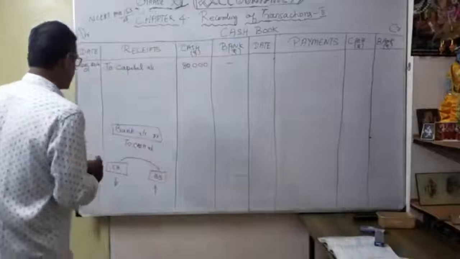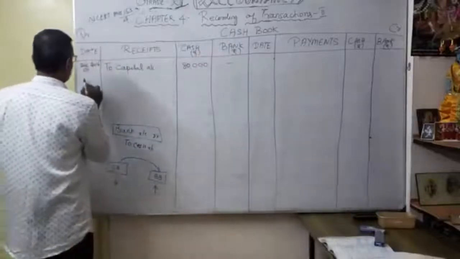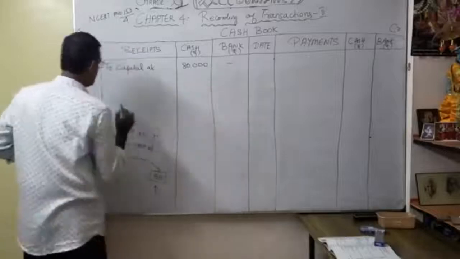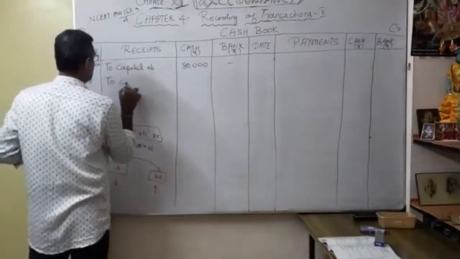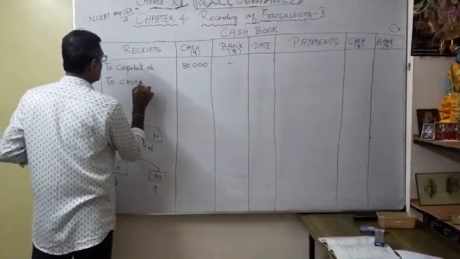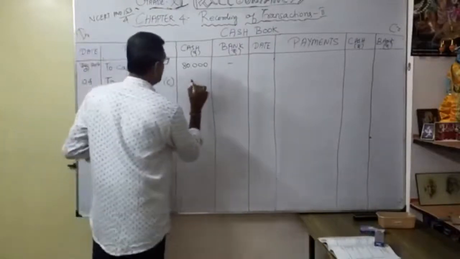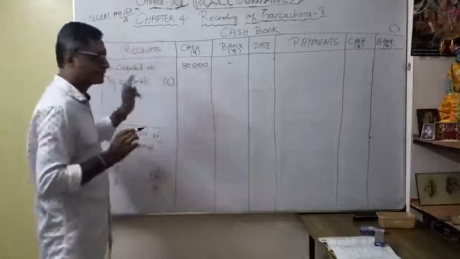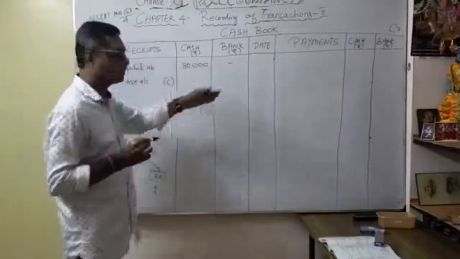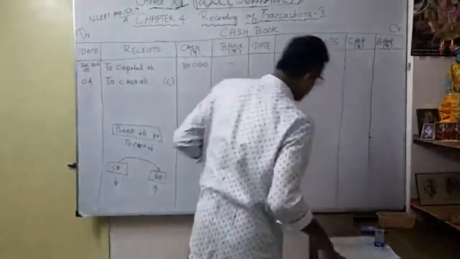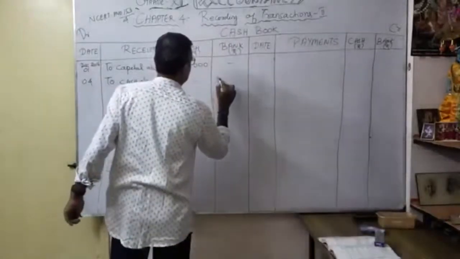So how to do the posting here? See, bank account debit to cash account. Okay. So, to cash account, I have to put in the bracket contra entry. So I put cash dash. Why? I'm going to deposit in a bank, so my bank balance increased. So how much? 50,000. Okay. Understood. 50,000.